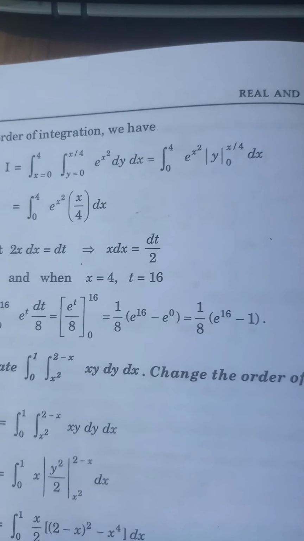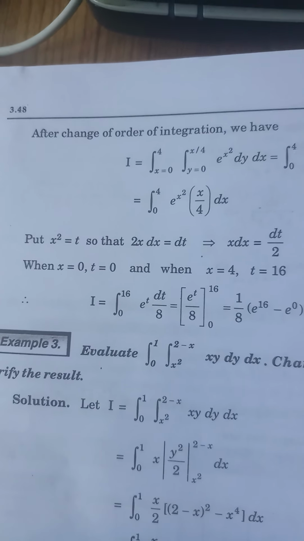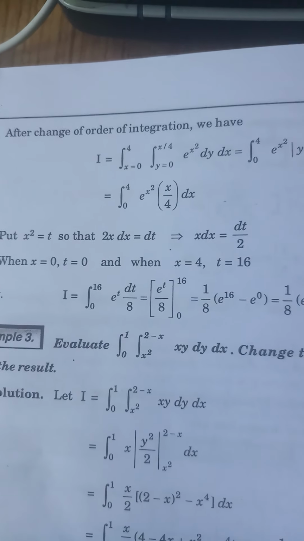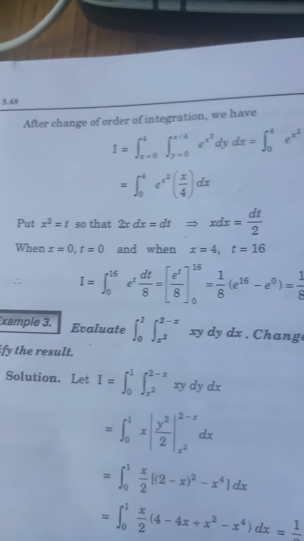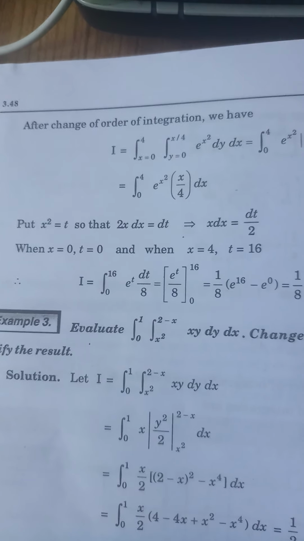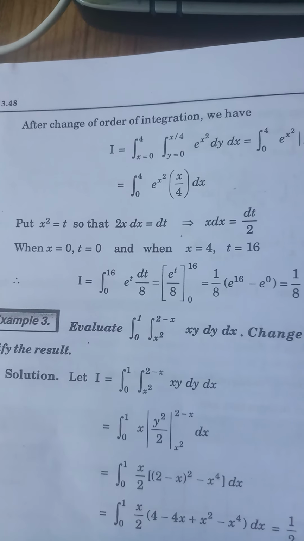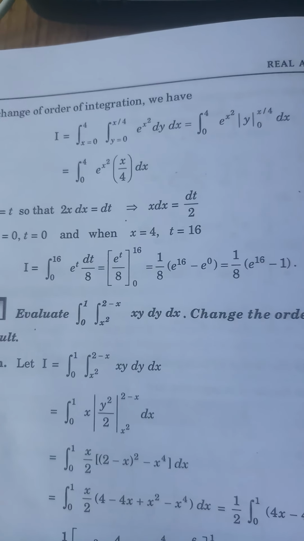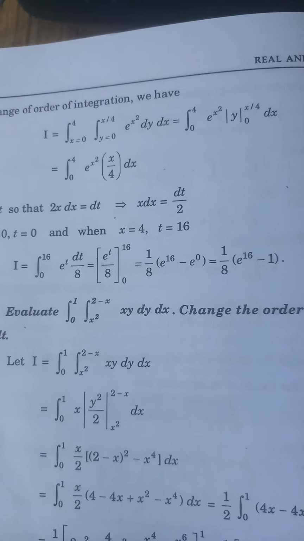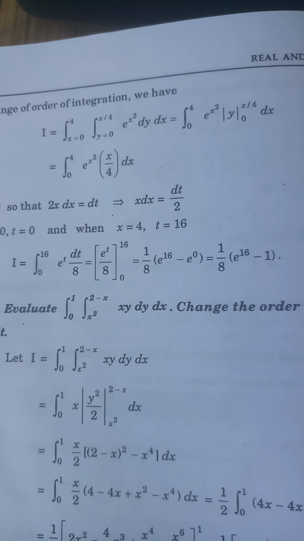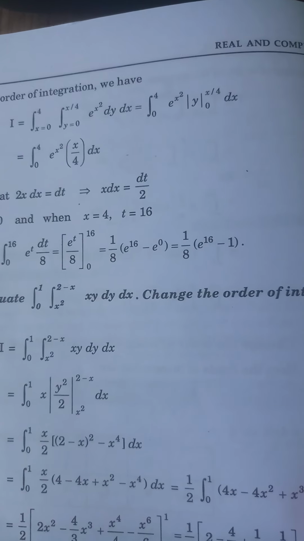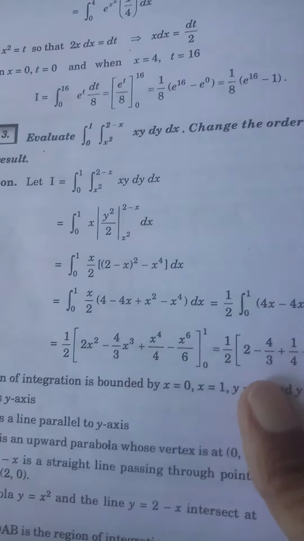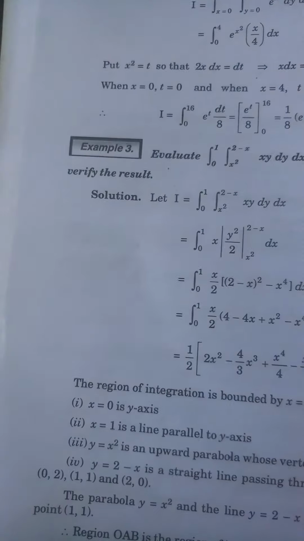ठीक। तो x/4 अब सब्सटीट्यूट करो, पुट x स्क्वायर इक्वल टू t, 2x dx = dt, तो x dx = dt/2. जब x इक्वल टू 0, t इक्वल टू 0 हो जाता है, जब x इक्वल टू 4 है, t इक्वल टू 16. तो इंटीग्रल 0 से 16 e की पावर t dt/8, e की पावर t बटे 8, 0 से 16, तो 1/8 (e की पावर 16 माइनस e की पावर 0), 1 होता है, ये आ गया. नेक्स्ट क्वेश्चन अब देख, इवेल्युएट दिस, चेंज द ऑर्डर ऑफ इंटीग्रेशन एंड वेरीफाई